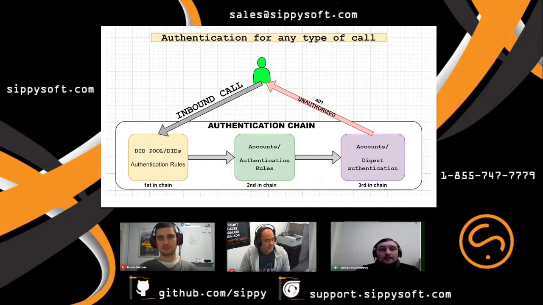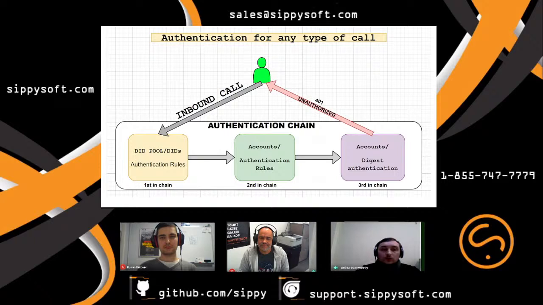And in this topic, I would like to outline this process. The Sippy system has a few places for the authentication rules configuration, and every one of them has its own priority in the authentication chain. And on this slide, I have attempted to show you how this chain works.